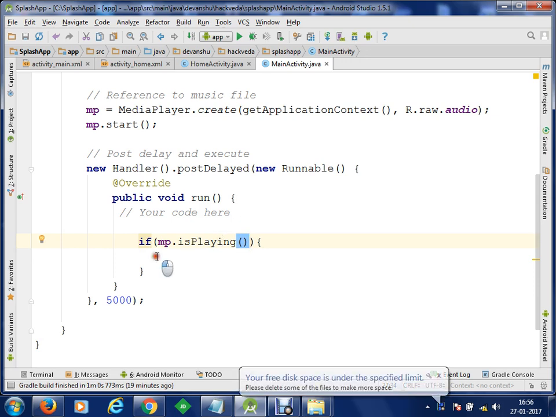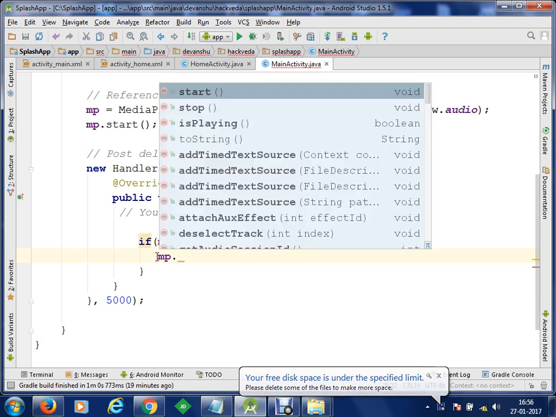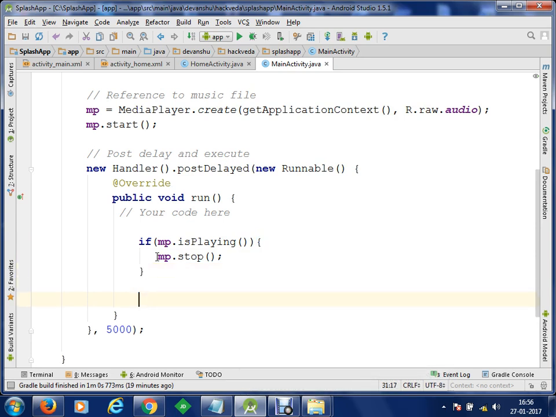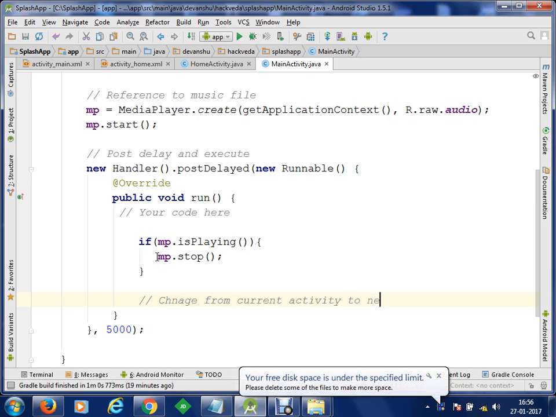So if the media player is playing, then we are going to stop it, mp.stop. Clear?